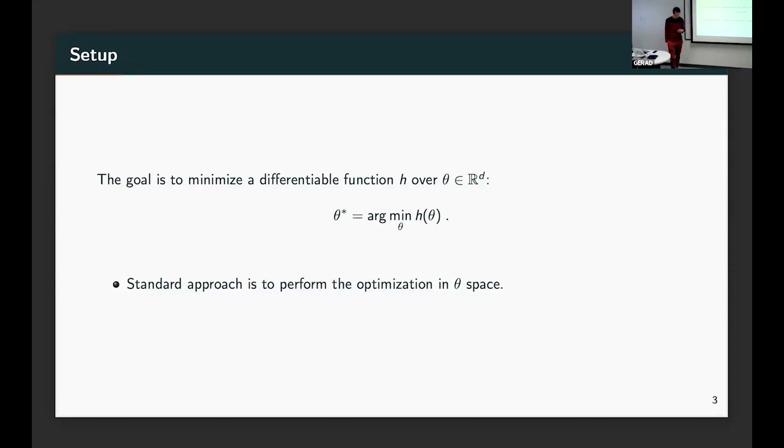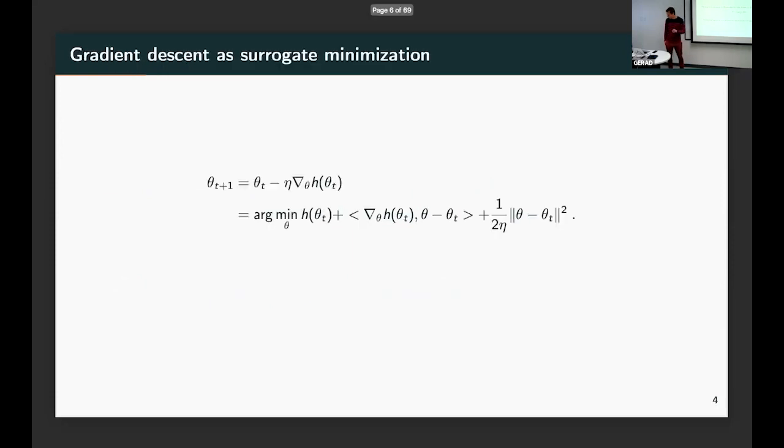And the standard approach of this, and if you read the textbook on continuous optimization, is you're going to do the optimization in theta space. So let's say you're going to do a gradient-based method. You're going to compute the derivative of the function h respect to theta, and you're going to go in the opposite direction of that derivative, right? And you can do all fancy stuff. You can do Newton method, everything, but they all rely on the derivative of h respect to theta, right? Okay. So this is the standard gradient step.